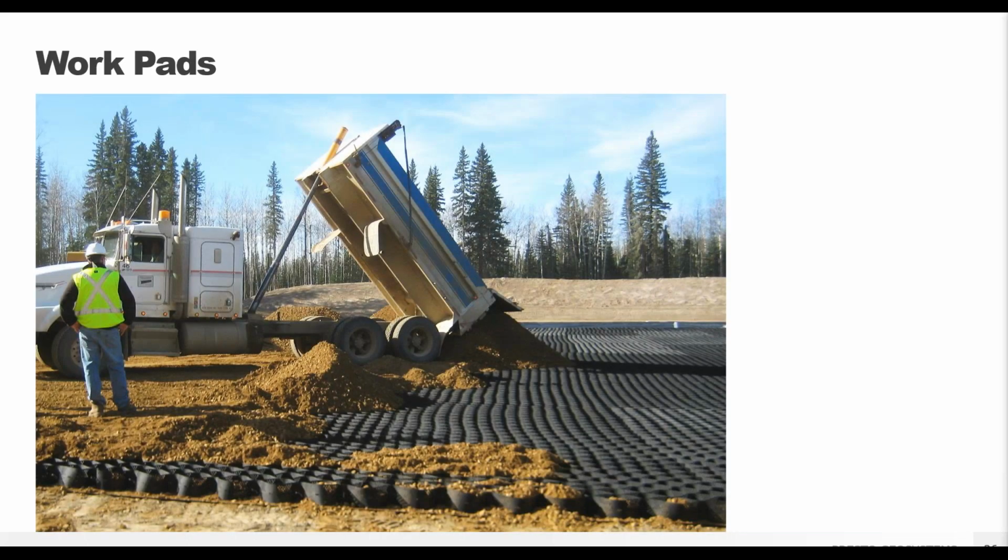And in a similar way, the 3D structure of the GeoWeb panels works well for building things like work paths, especially in remote areas where clean aggregate is going to be scarce. The compact GeoWeb sections can be shipped directly to your project site. They come palletized. So there's going to be fewer trucks for transporting road building materials, less hauling emissions, and you can use your on-site salvaged material as the infill so that you don't have to bring in clean aggregate from off-site.